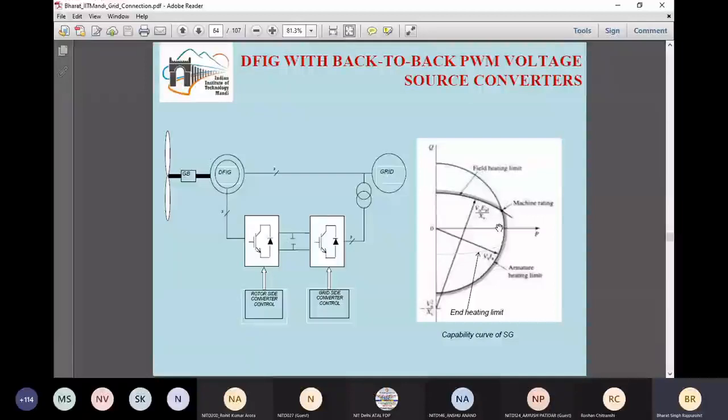The capability curve of a synchronous generator, which we have generally read, is also shown here in this diagram. So a similar capability curve is required. In this capability curve, different limits are required. The active power production, and the reactive power production and absorption also need to be mentioned. The limits we are able to identify are the stator current limit, the rotor current limit, and the rotor voltage limit of a DFIG. The stator is directly connected to the grid, so that's why the stator rating is always fixed. Next slide, please.